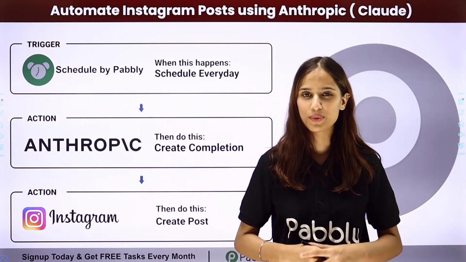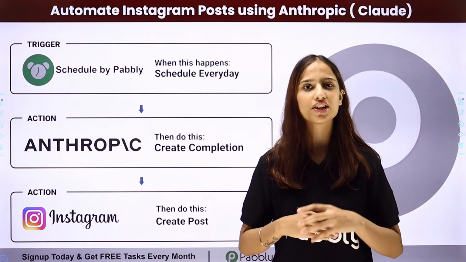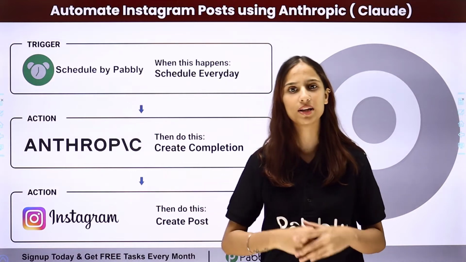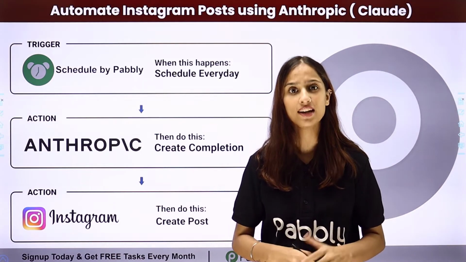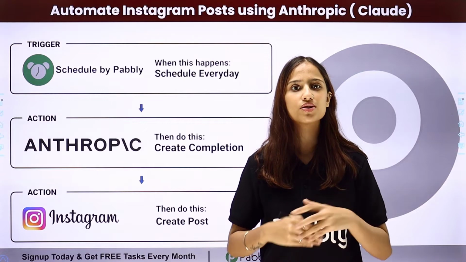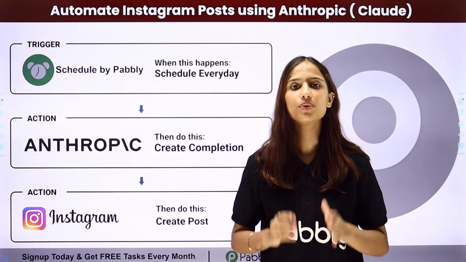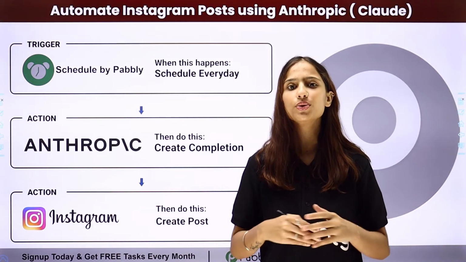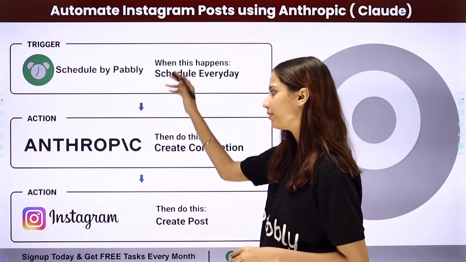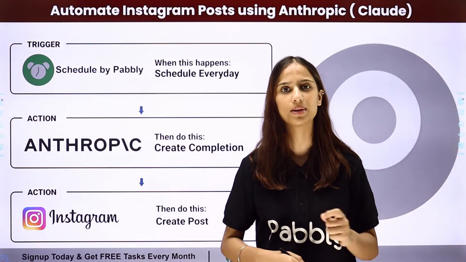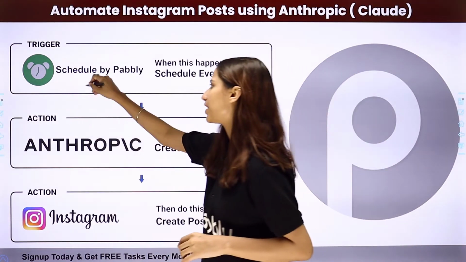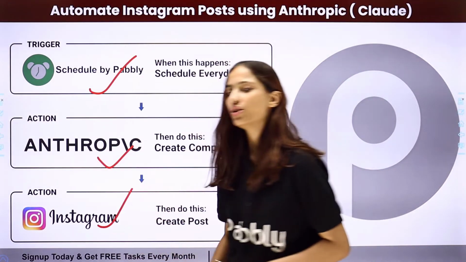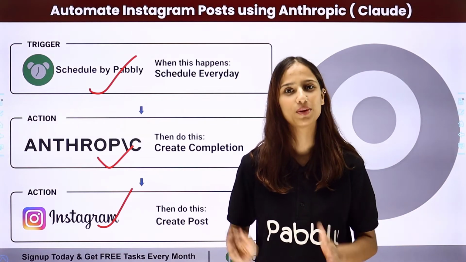So you can completely automate this entire process by using an amazing integration and automation software that is Pabbly Connect. So here you will be using Schedule by Pabbly to schedule the post for every day, and to generate the automated captions you need to use Anthropic, and then you can create a post for Instagram and share it across your Instagram account. So now to do this you need to build an integration between these applications, for which you will be using Pabbly Connect, where your trigger application will be Schedule by Pabbly and your action applications will be Anthropic and Instagram. So to learn more about this automation, follow me through the screen.